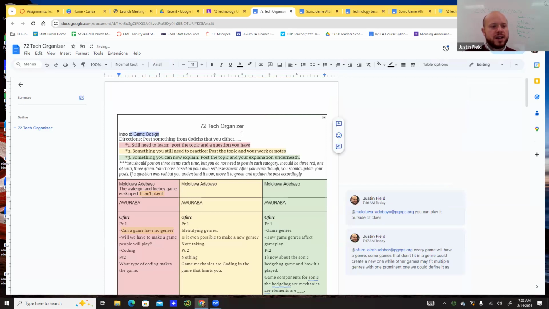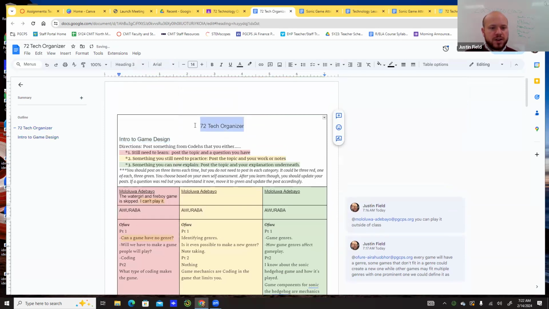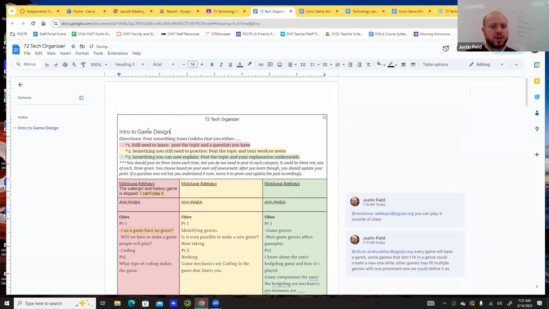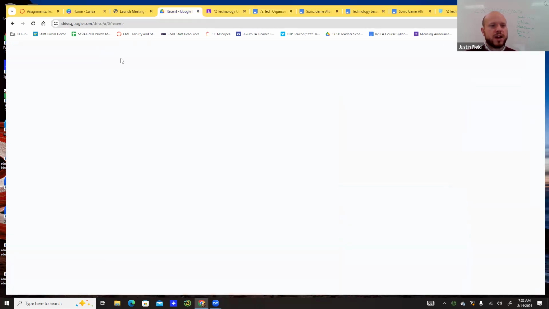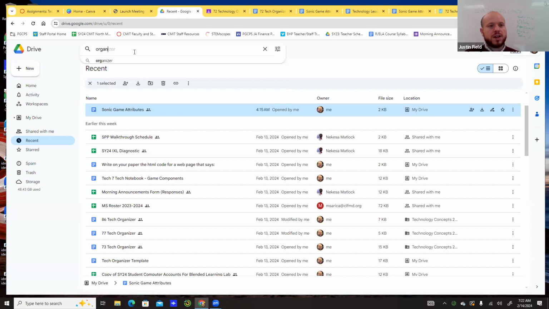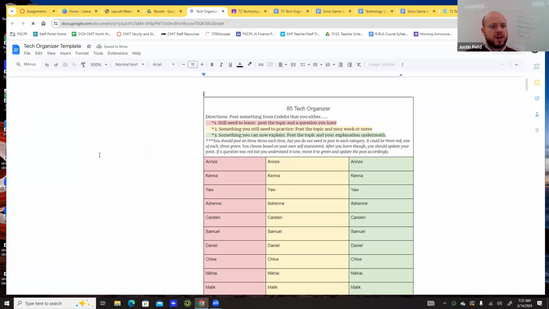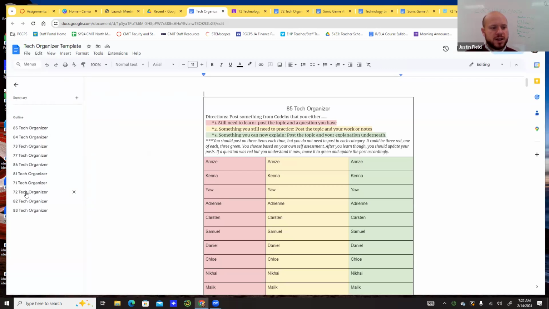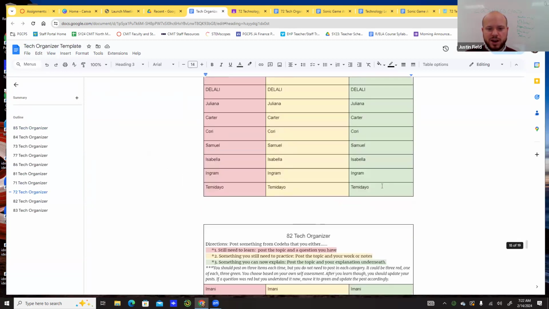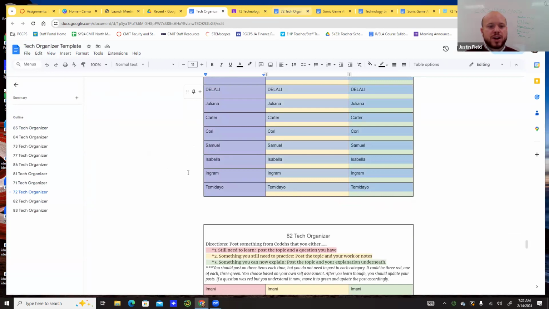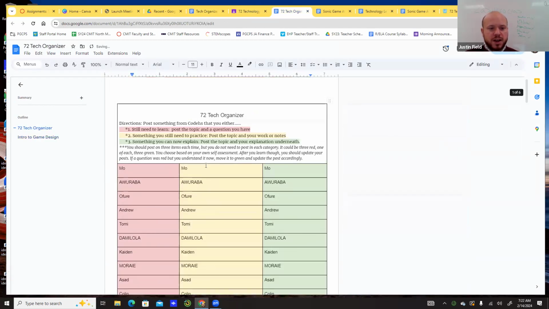So then, check it out. We're building this course one step at a time. So this is the organizer table for intro to game design. And then we'll make a new table. All I have to do is go to organizer templates, and then we click on it. Just a little behind the scenes stuff. This is how my videos get so long. Sorry, guys. Okay, so then we're going to go to the organizer and paste our new table